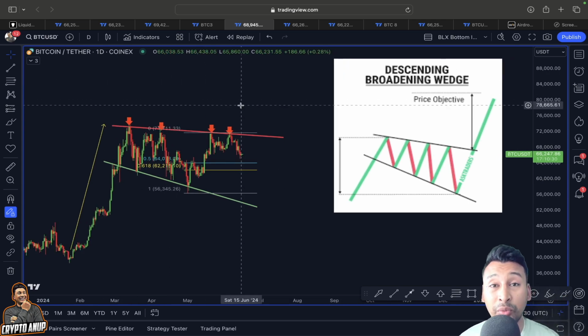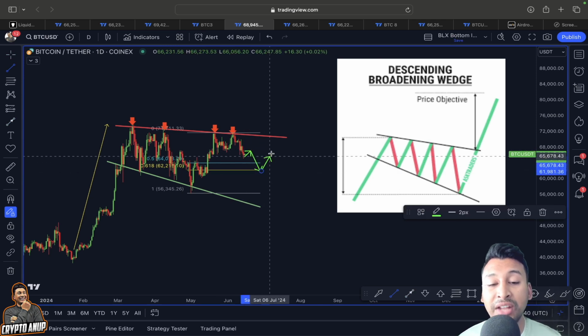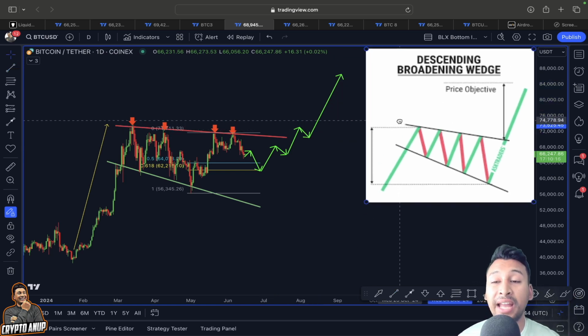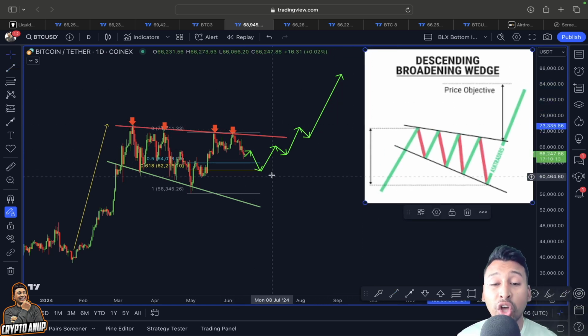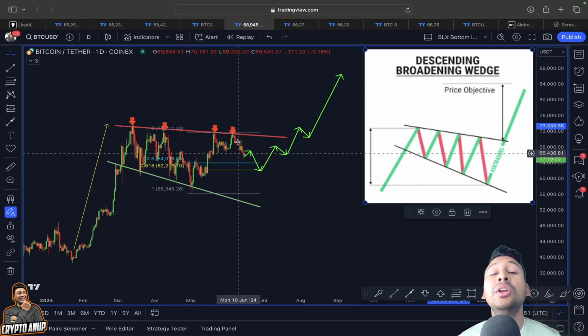I mean, descending broadening, which is a bullish continuation pattern, but in the medium short term, the price of Bitcoin might get attracted towards this 0.5, 0.618 Fibonacci line before starting with an actual bullish move like this. Yes, guys, any sort of a pullback, as long as the price of Bitcoin remains over 60,000, could be looked